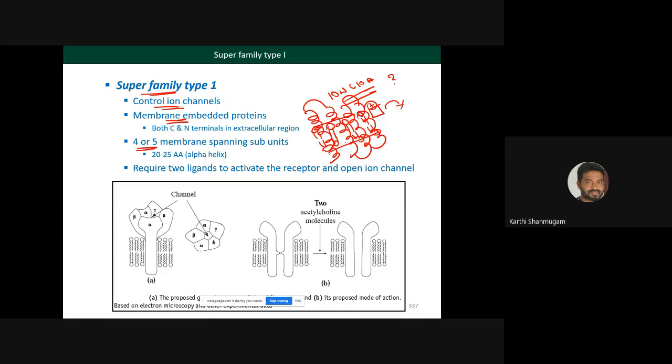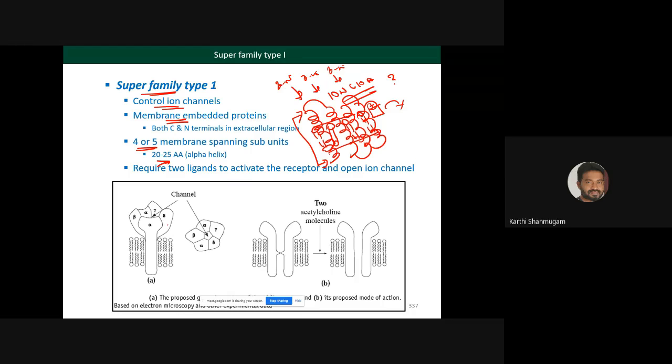If you look at each of these helices, how many amino acids can be present in each helix? Approximately 20 to 25 amino acids in each helix. If you take this helix, 20 to 25 amino acids. If you take the second helix, again 20 to 25 amino acids. Third helix, 20 to 25 amino acids, and so on, right? The specialty of this is that